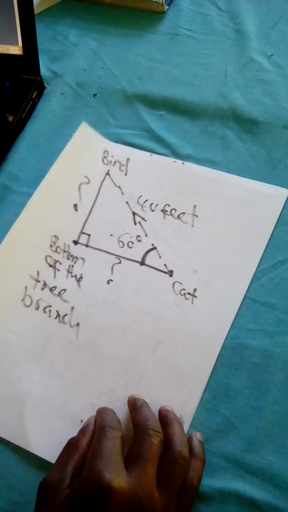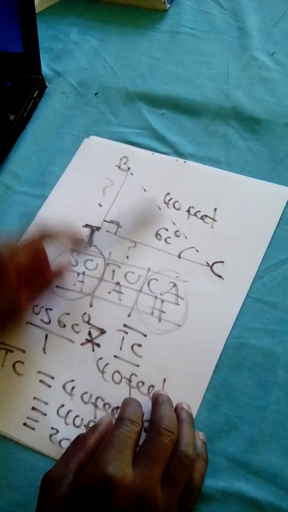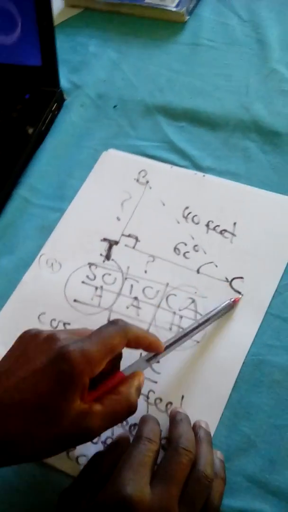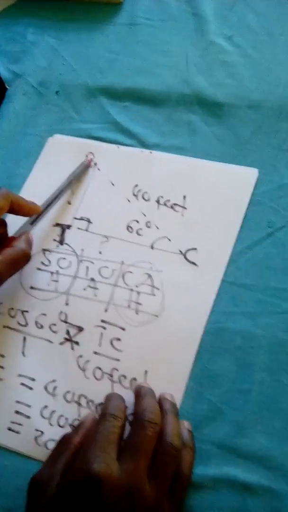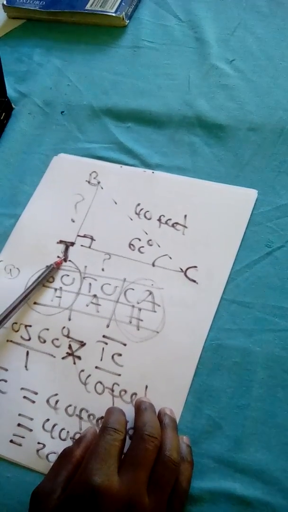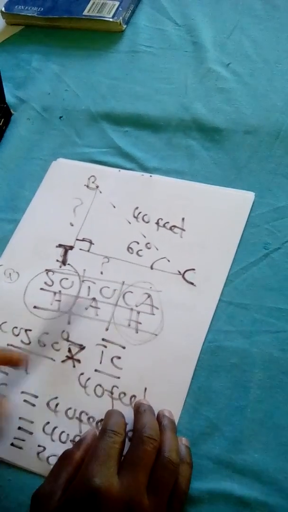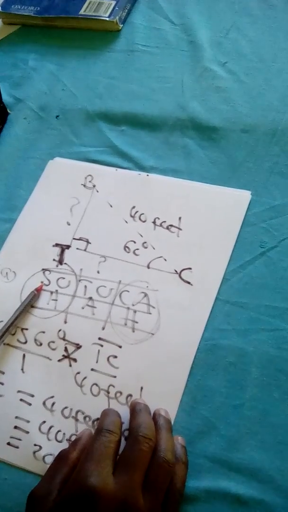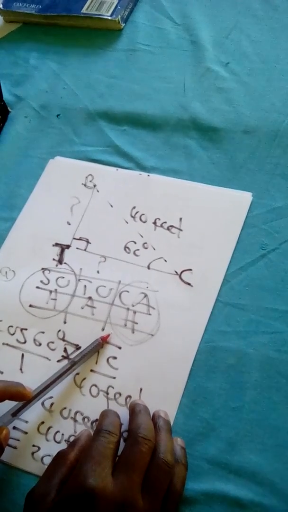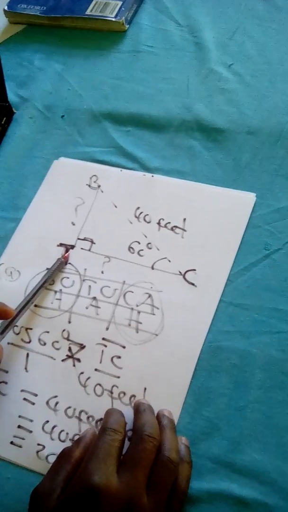So the mathematical process will be as follows. First of all, you may reconstruct that triangle, and then here where the cat is, you may place letter C. Where the bed is, you may place letter B. And where is the bottom of the tree branch, you may place letter T. And then think about this abbreviation, SOH CAH TOA. It is an abbreviation that is useful in deciding which proper trigonometric ratio may be applied to find these two